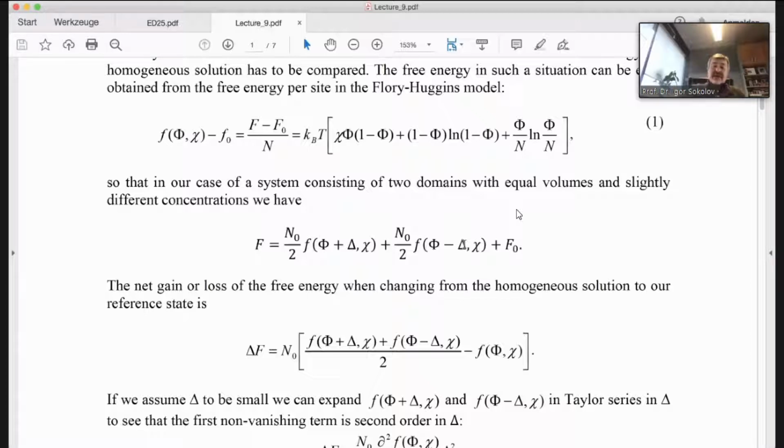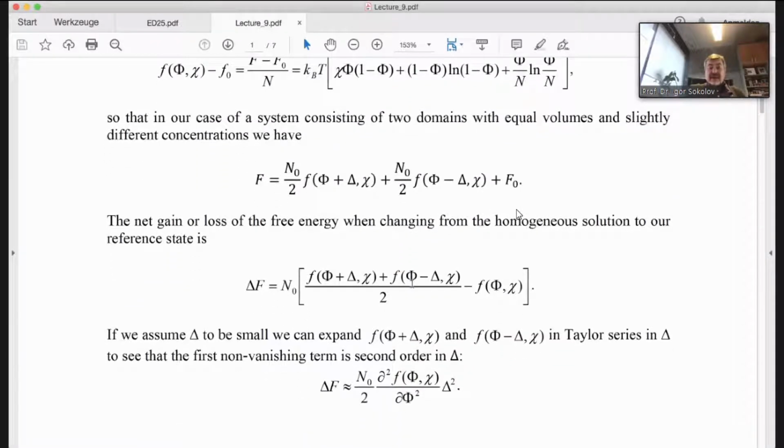Now I compare this situation with the homogeneous solution, which is N0 phi of f of phi and I. And if this guy is larger than this guy, the system doesn't have to phase separate. If this guy is smaller than this guy, if delta F is negative, the system will inevitably phase separate, because